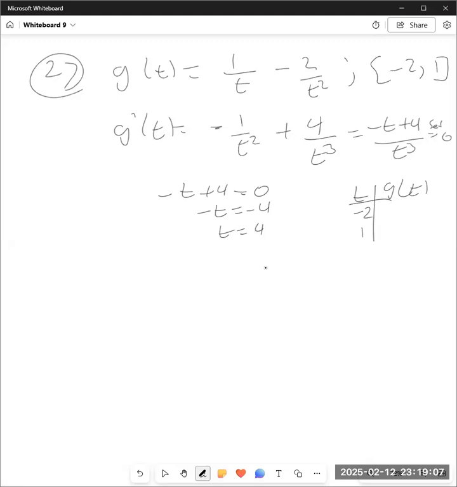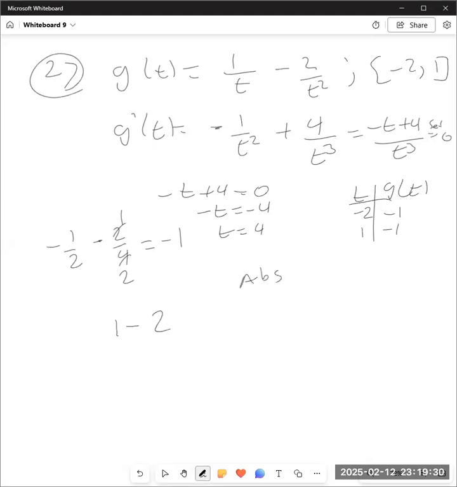When I stick in -2, that's -1/2 minus 2/4 is another 1/2, so that's a -1. When I stick in 1, 1 minus 2 is a -1, and so I have